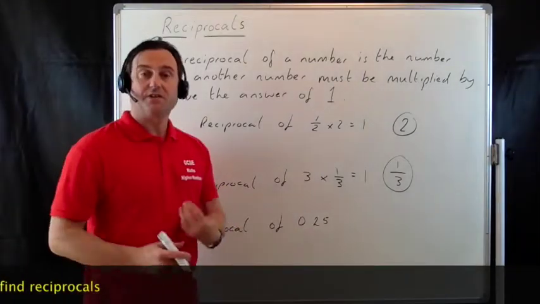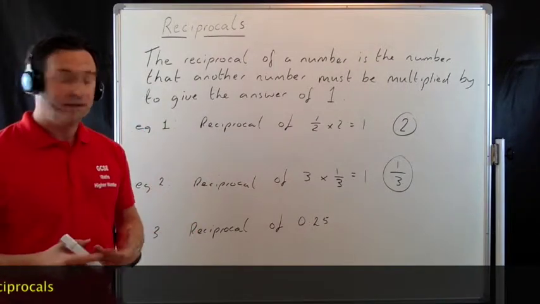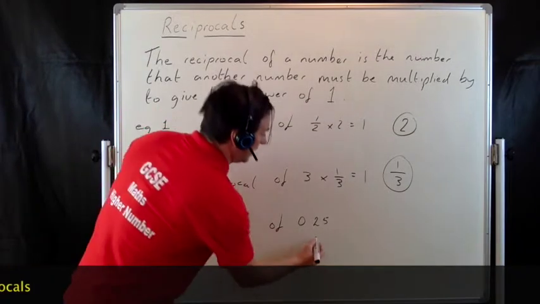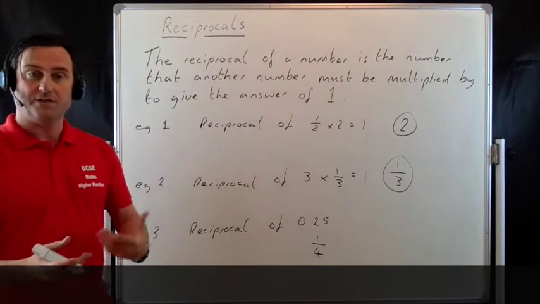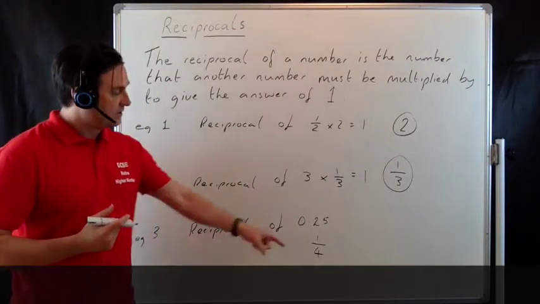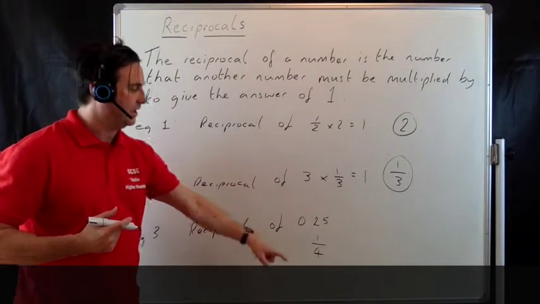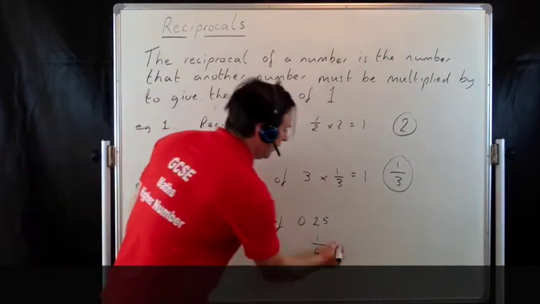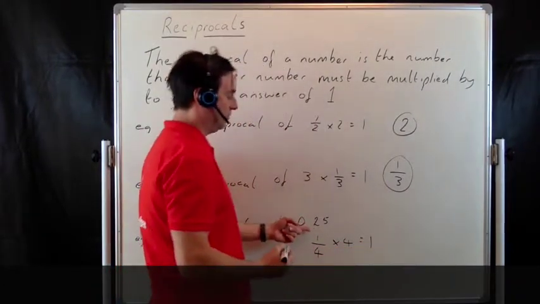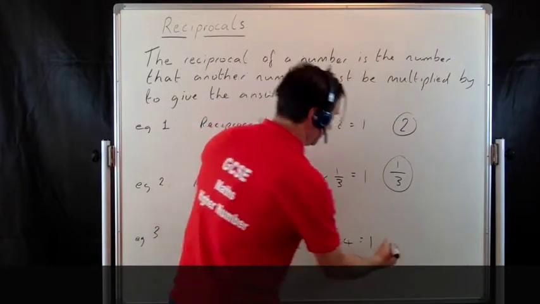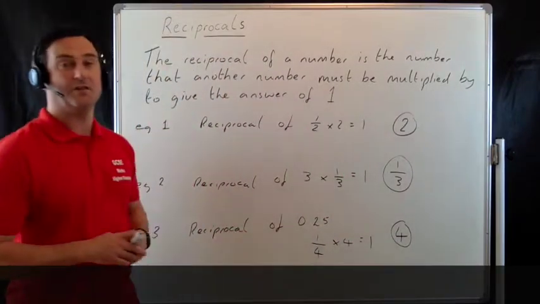The third example, now as a decimal. You can either turn this to a fraction to make it easier. So here, 0.25, you should know that 0.25 is a quarter. 0.5 is a half, 0.25 is a quarter. So then, using what we did in example 1 and 2, or example 1 basically, a quarter times 4 gives you 1. So the reciprocal of 0.25 is 4. Because 4 times 0.25 gives me